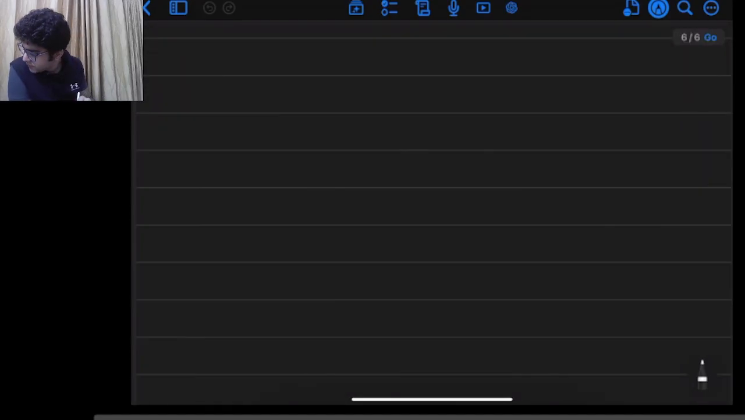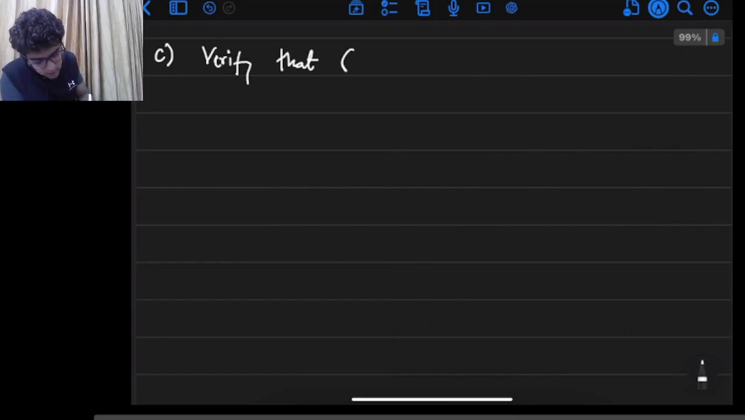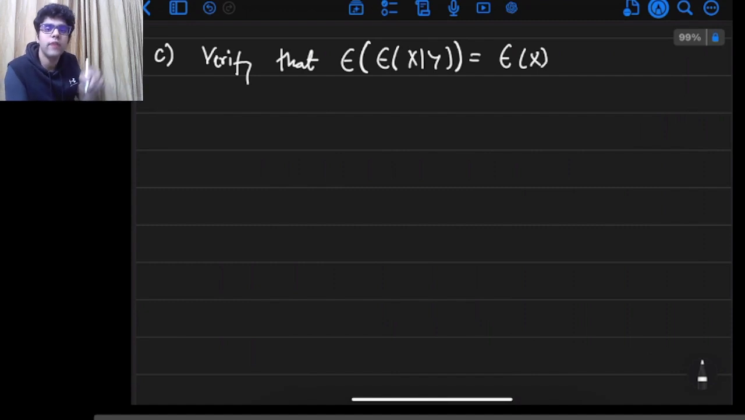So now the third part that we need to find is to verify that. The C part says to verify that the expected value of the expected value of x conditional y equals the expected value of x. The expected value of the expectation of x conditional y is equal to the expected value of x. So how will we find this? The expected value of x conditional y is